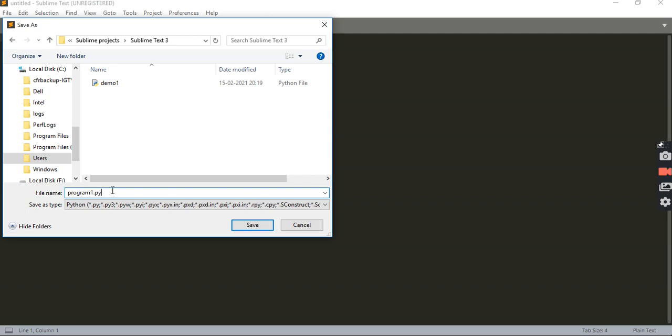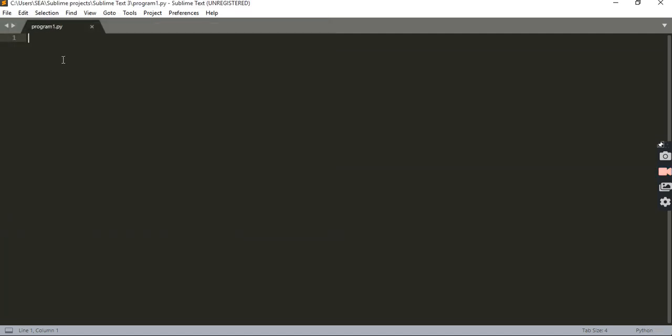Now one thing you should keep in mind is that you cannot give spaces while writing your file name. Let's say you want to write a file name, that is Python program. So you cannot give spaces between Python and program, right? You need to write it as one word and not give any space in between. Okay, and I would click on save. So my file has been saved here.